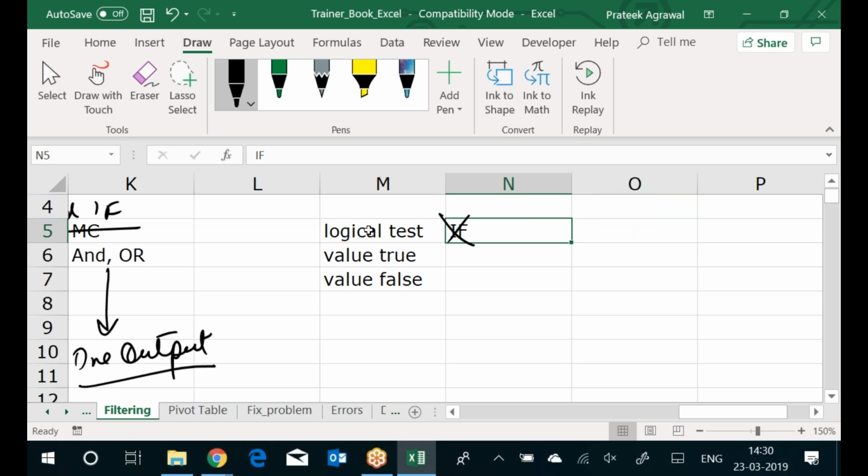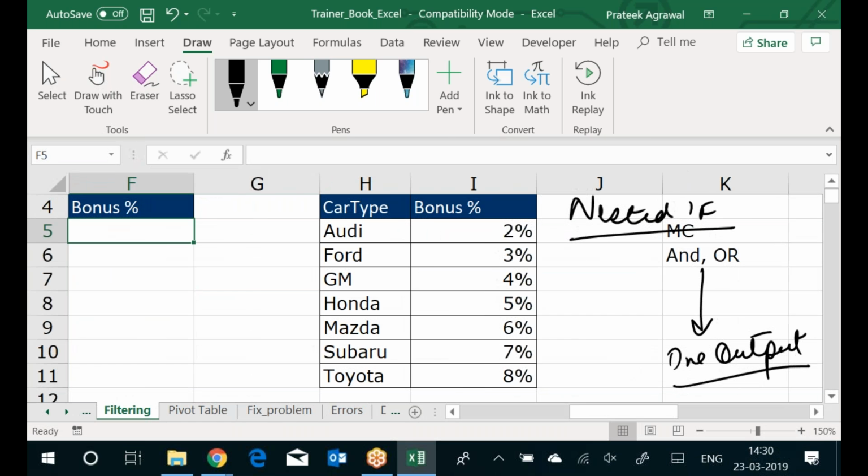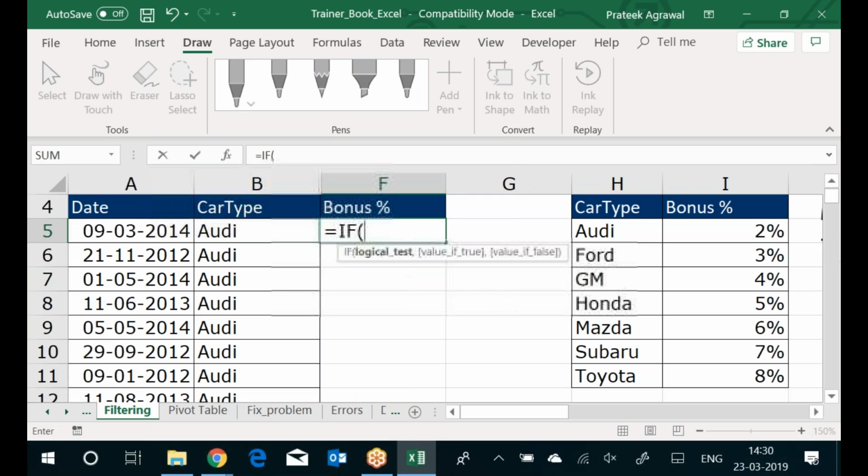So where does the second if come? It may come in value of true, it may come in value of false, or it may come in both. Either one or both the places, right? So how do we write it? Now let's see. So we're going to say A equal to if B5 is equal to OD, then if it is true, what is the bonus? 2%. Else